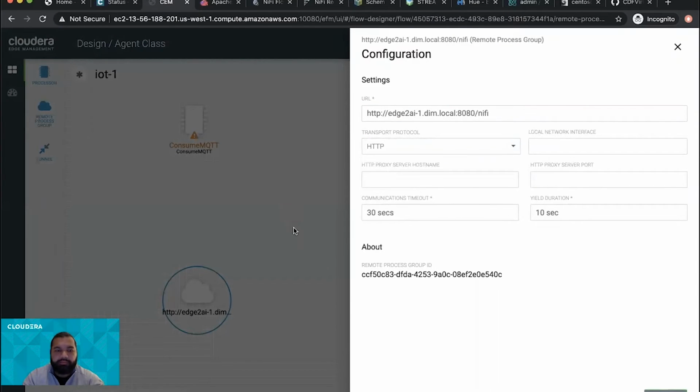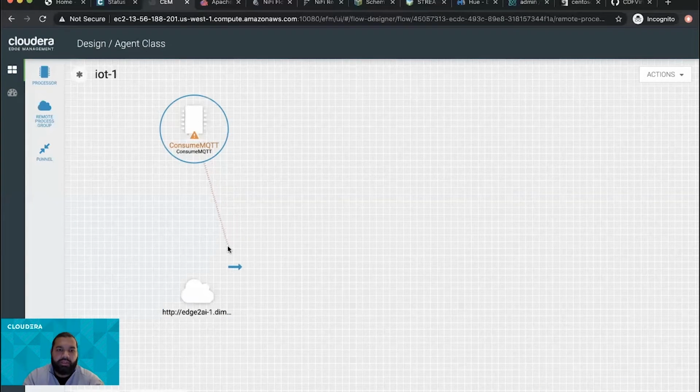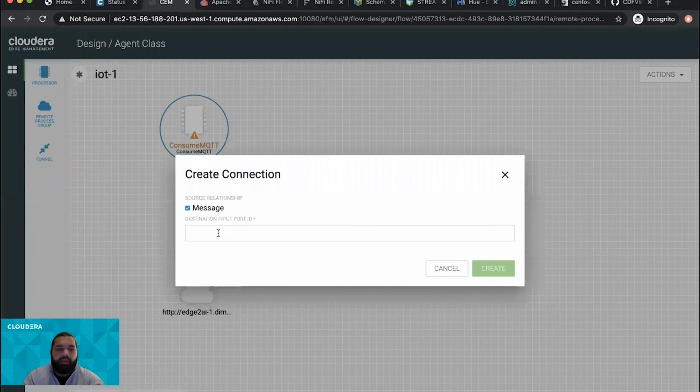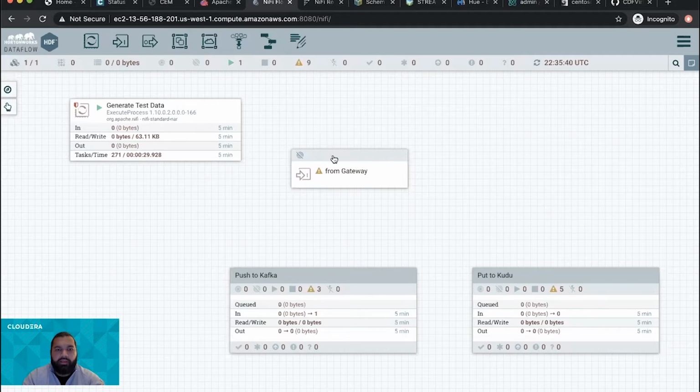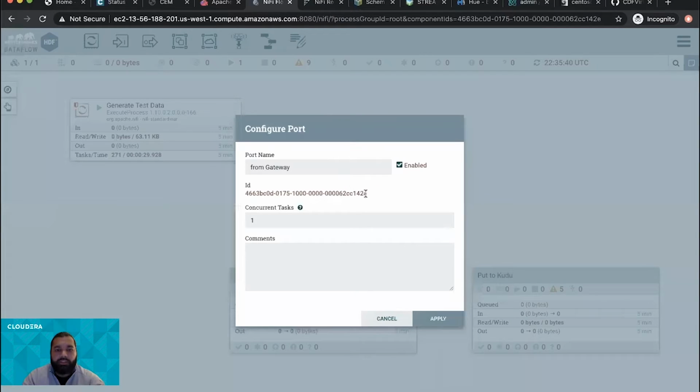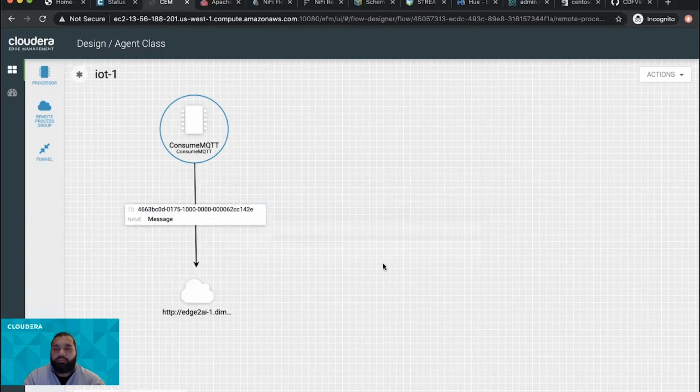Okay, apply, and now I'm able to drag and drop this connection from this consume MQTT processor to our RPG. It asks us for the input port ID. This is the way I segregate the different events that are landing in NiFi. So this is my input port, that is already configured. I just need to copy this ID and paste it here,